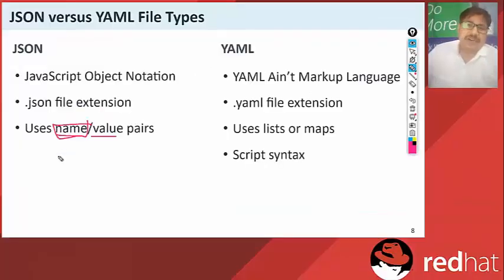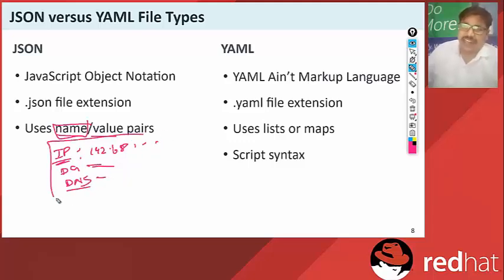Name is the name of, for example, an IP address, and then you provide the IP address, 192.168.1.1, whatever the value is. Another is the default gateway and the DNS. This is a network implementation of providing the IP address to the system. Another example is to install new software, and the command will be the value. So all these things are based on name and value.